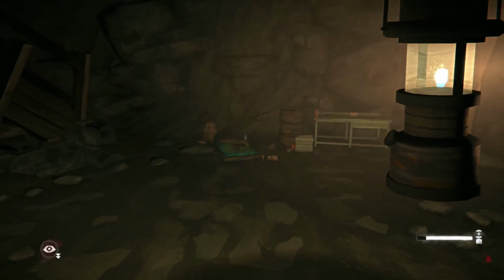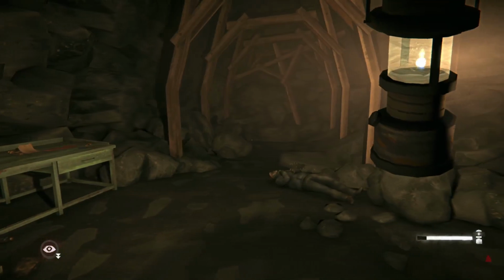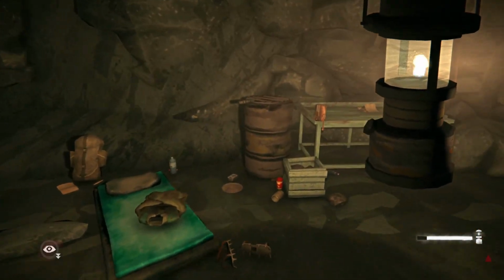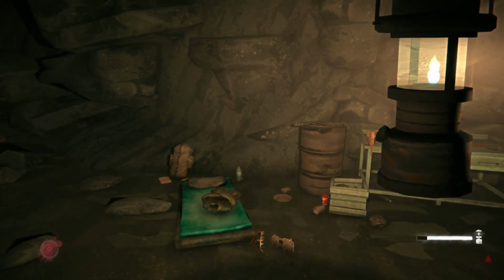Alright. So we've got a tactical backpack. We have our crampons. Nice little military coat. A dead guy to our right. Just pay no attention to that. But alright. I'm so tired. I could just lay down right here. You could, Will. You could, but...